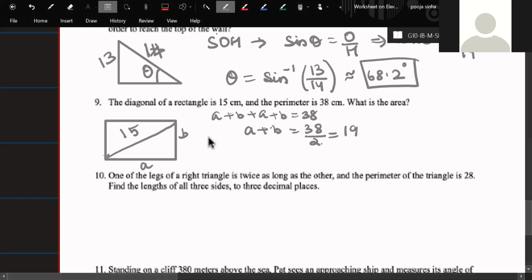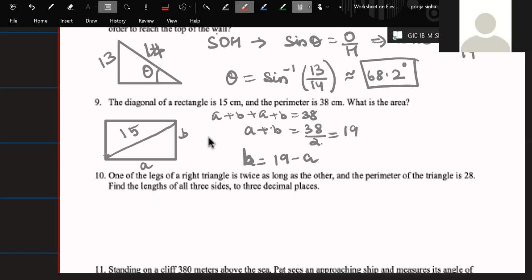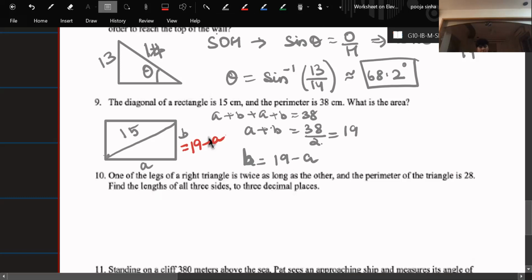So from here, can I say that only B is equal to 19 minus A? Yeah. Okay. So instead of B, can I write B is equal to 19 minus A? Yeah. Okay. Now,